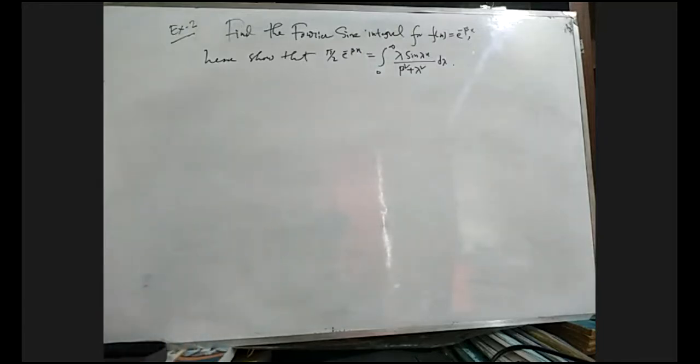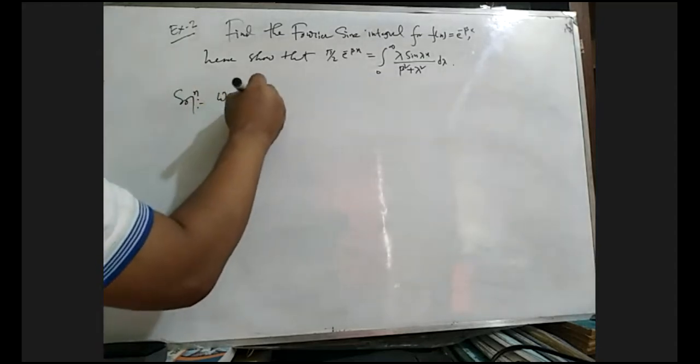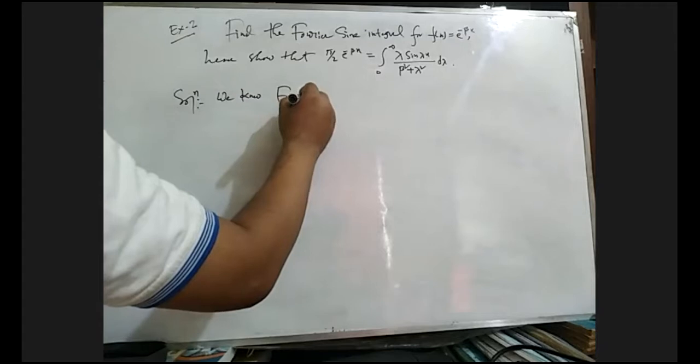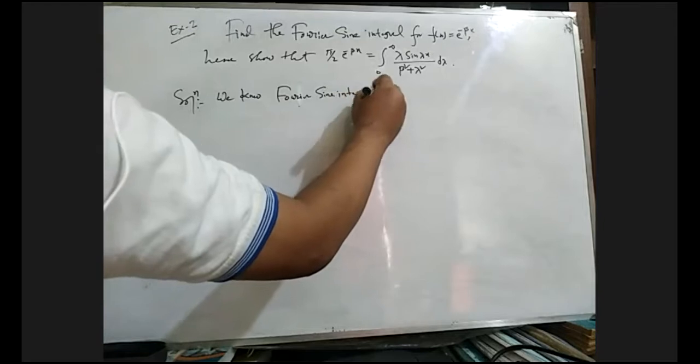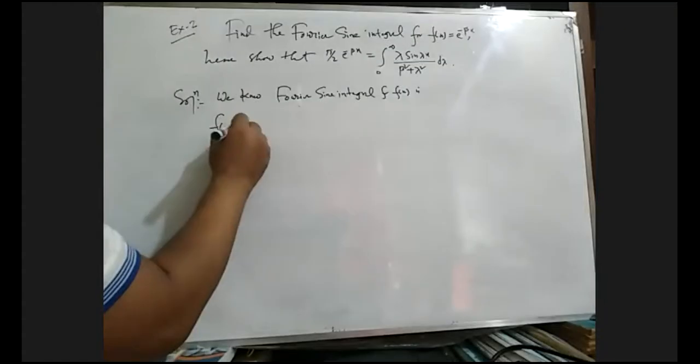So in the previous example, we had to use the Fourier integral theorem, but here only the sine integral, the Fourier sine integral. So we have to use the sine part only. We know the Fourier sine integral for f of x, if f of x equals